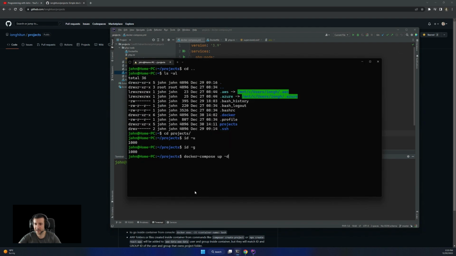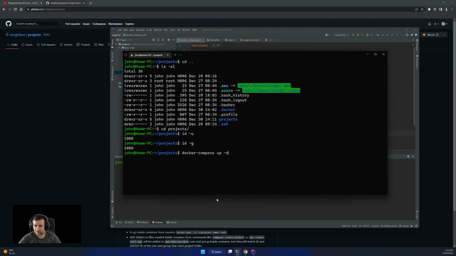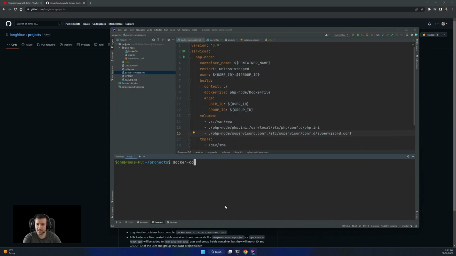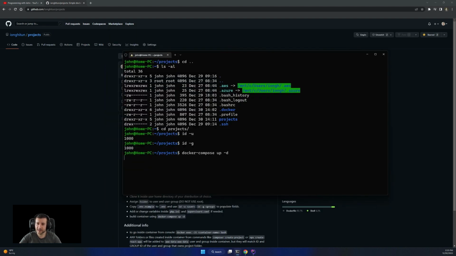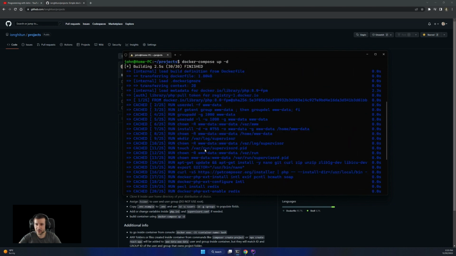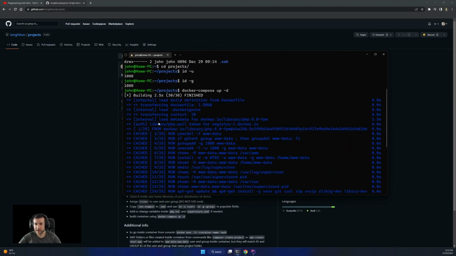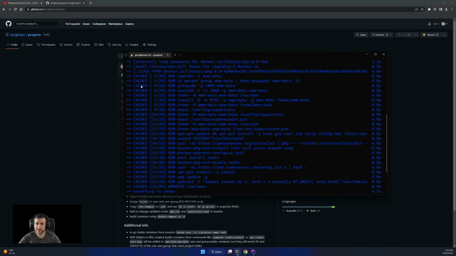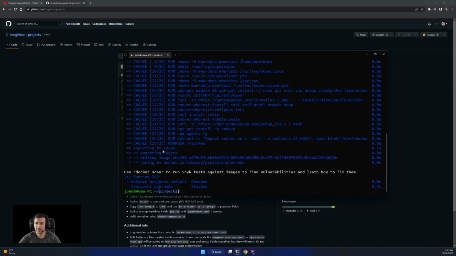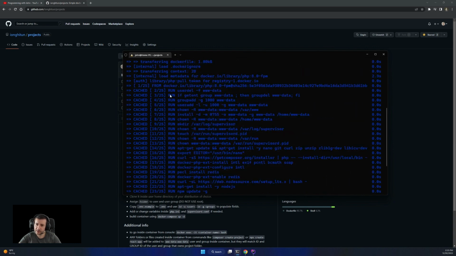So not have to navigate to that bit. But okay, let's start the container. The command is docker compose up -d, and what that will do, we'll go through each step. I already have that cached, but for you it might take some time, like a couple of minutes. So we'll go through each step that is defined in the Dockerfile.